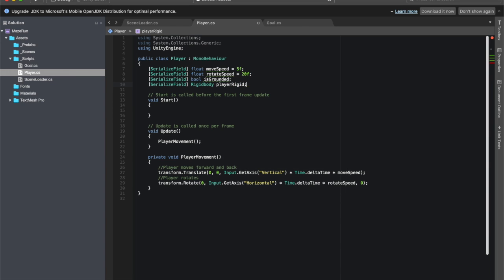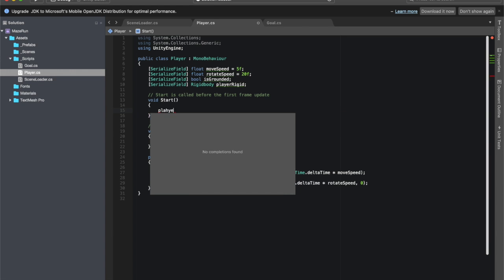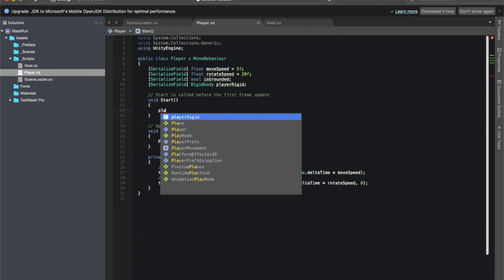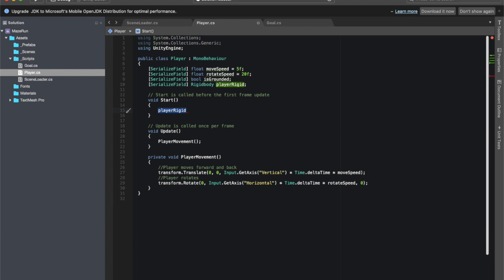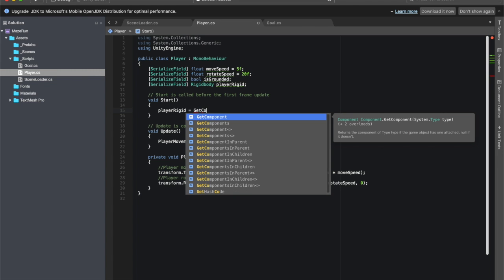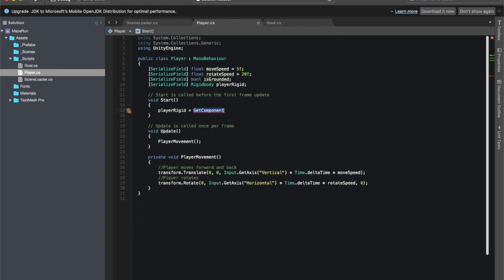That's something we've used before, so it should look familiar to you. And in the Start, we need to get access to that rigid body. So let's go ahead and say playerRigid equals, and then we're going to use GetComponent, which remember component is,